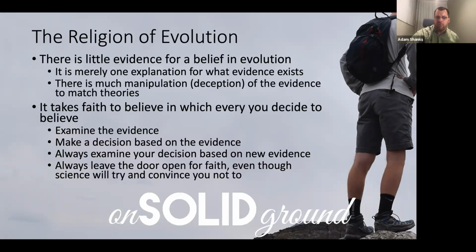Evolution is based off of worldview. Now, they will grab evidence to prove what they want it to say. They will even manipulate some of them, not all of them. I would say most scientists are very honest. But some of them will even manipulate the data in order to try to make it match the theory. But the truth is, evolution is believed in because people want to believe in it.